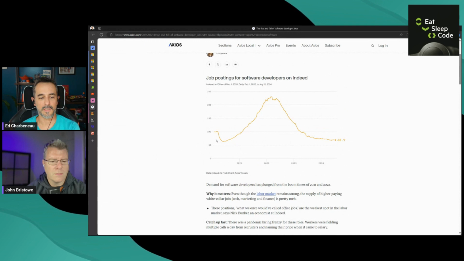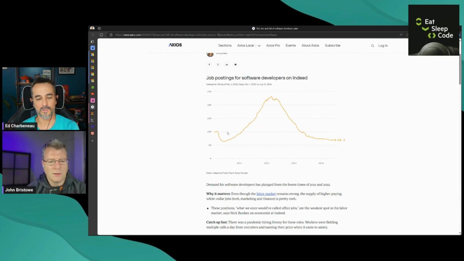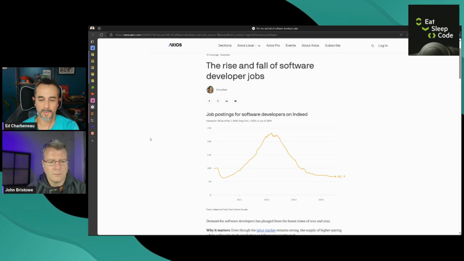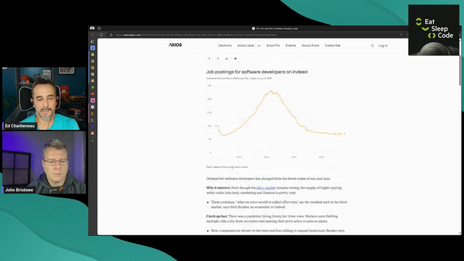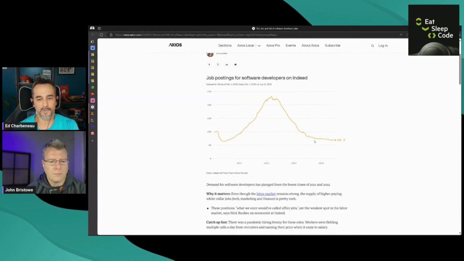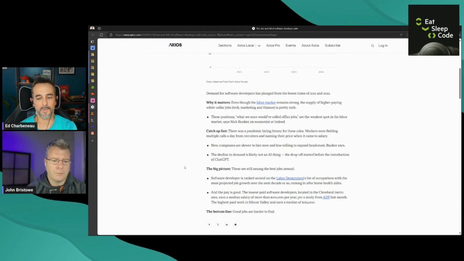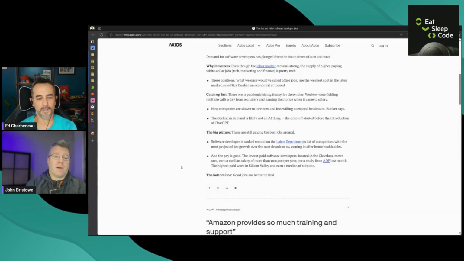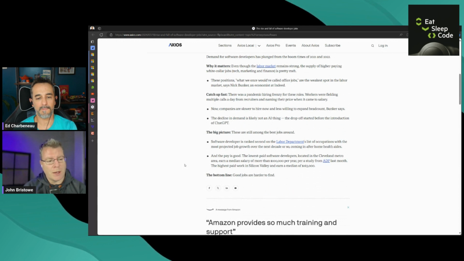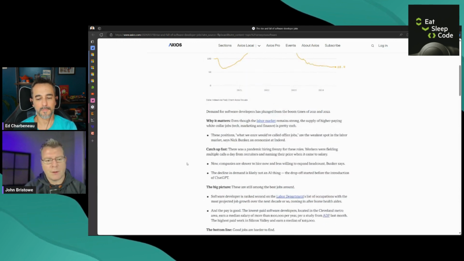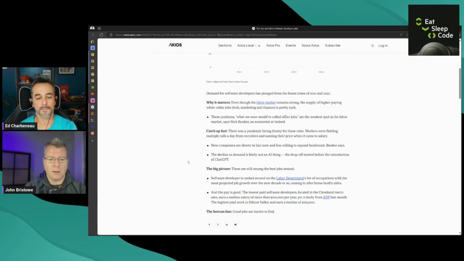They were saying that during COVID, it totally skyrocketed. It just went nuts with people hiring developers to try to solve problems due to COVID and other reasons. And they're saying that it's not AI that's driving the numbers down, because if you look at the slope of this decline, it was already on that slope before ChatGPT was really introduced. In actual fact, AI developers are probably the most in-demand developers right now. So data scientists and AI people, I've heard numbers as high as 800,000 people are making in the U.S.